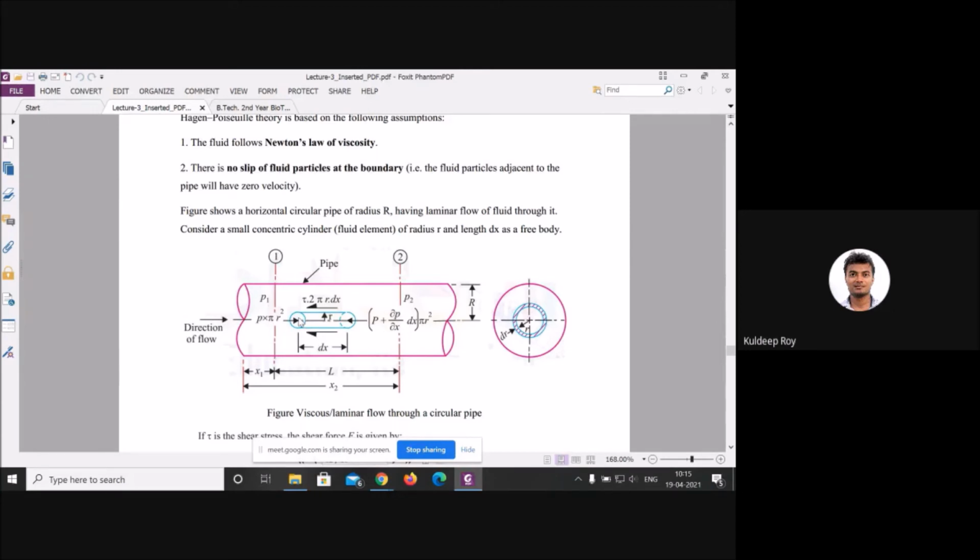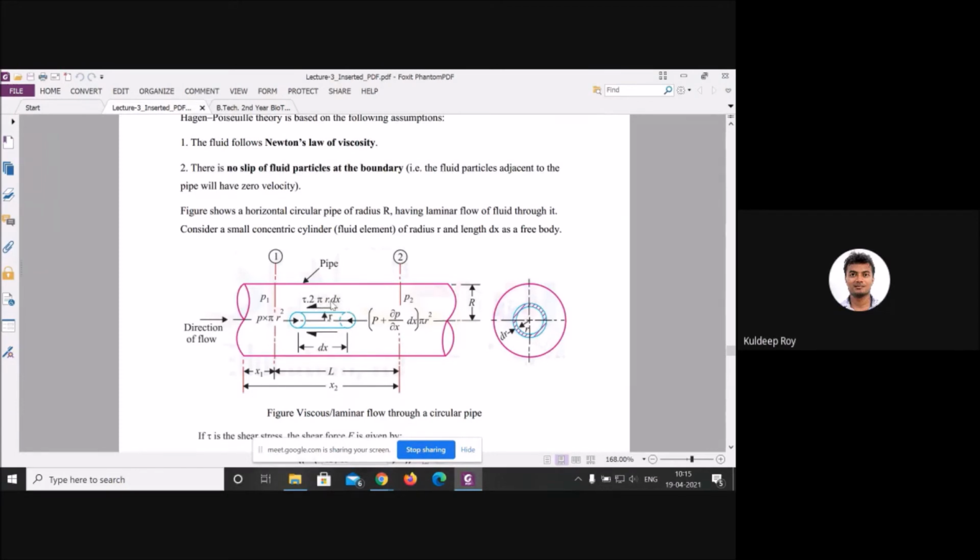If you have defined the change in pressure with respect to Δx, as ∂P/∂x, then definitely you have to multiply it by Δx, which is how much the change is, from this position to this position. You have multiplied both, so dimensionally it should be correct. Now you have defined your pressure input and output, and this is the stress.